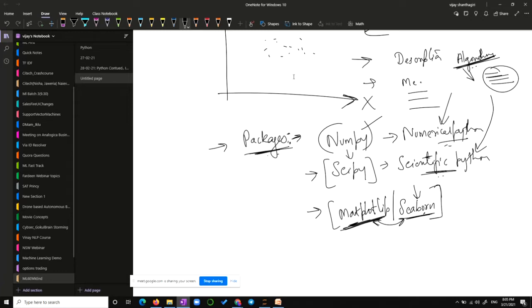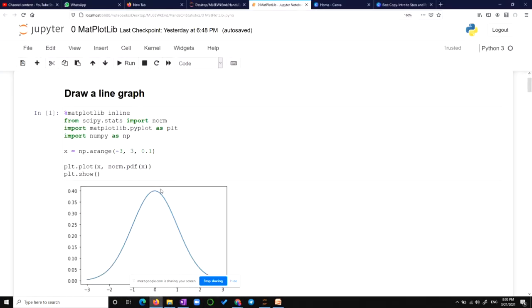Tomorrow, if you want to do some image processing, what will you do? You will start looking for an image processing package. Tomorrow, you want to do finance, you will start looking for a finance package. Somebody would have written one. There are many people writing and contributing to Python, so many packages are already there. One such package is your Matplotlib.